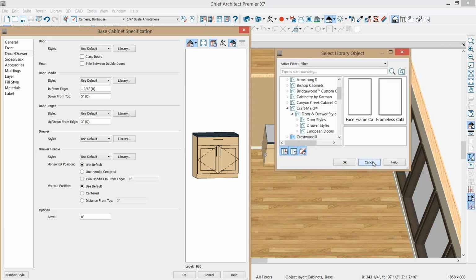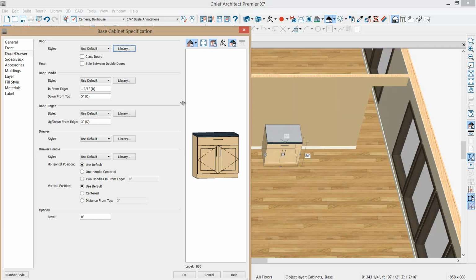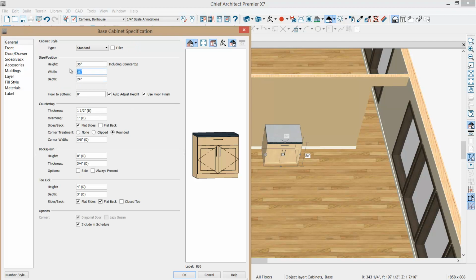So the first thing I want to do for our cabinet here is change the style of cabinet that we have. So to begin with, let's set our width of this particular cabinet to 24 inches. That's going to get rid of that double door. And the next thing I want to do is on the front of this cabinet,